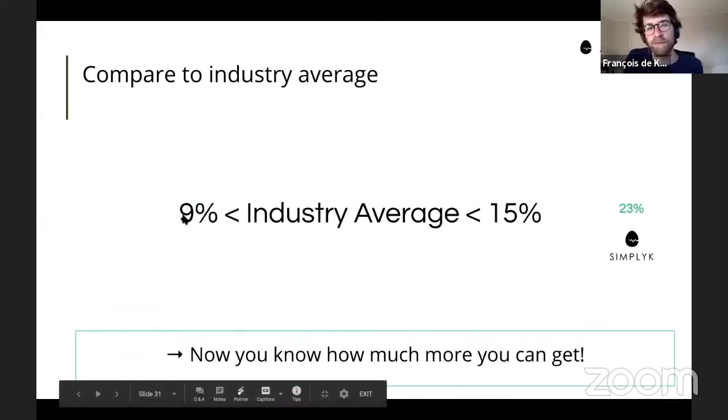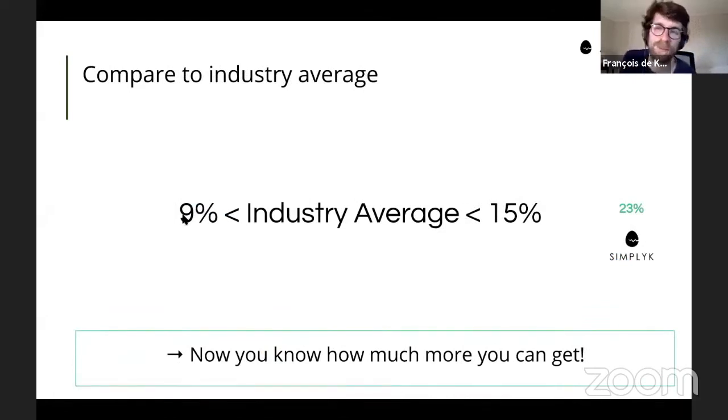Now you have your conversion rate and you can measure it against the industry average. If you're close to 9%, you're probably not doing everything perfectly. If you're close to 15%, it's better. And if you do what I'm going to talk about, you can easily get to 23%, which is the SimplyK conversion rate on general forms.